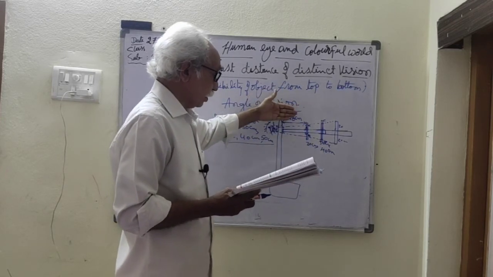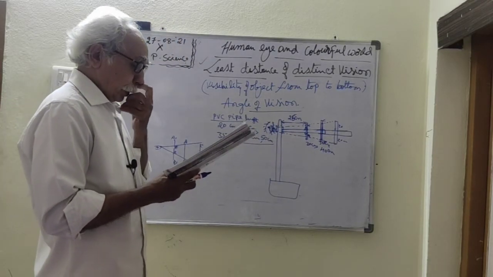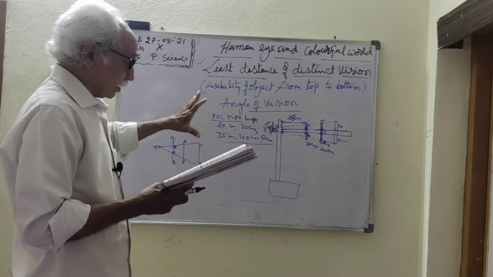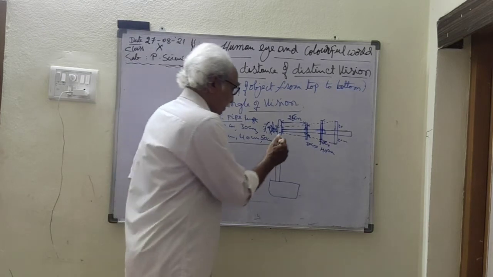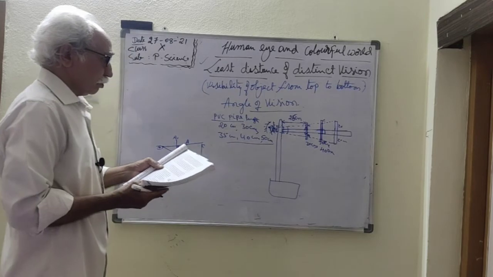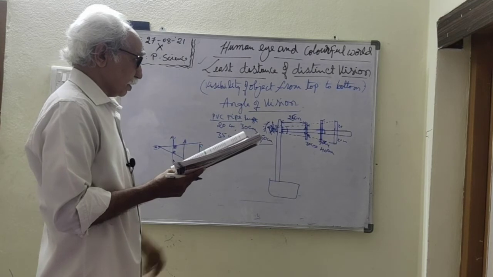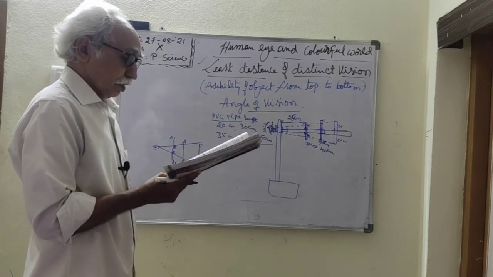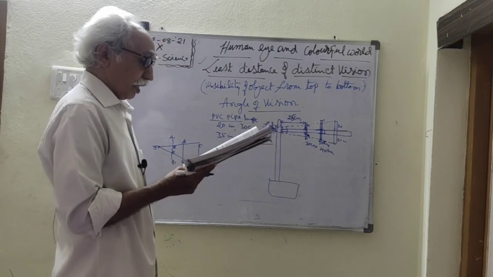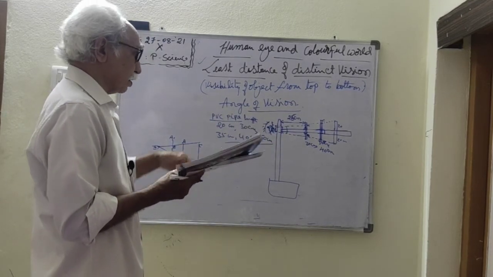If it is more than 60, we are not able to see the complete object. So the maximum here is 60. The maximum angle at which we are able to see the whole object is called the angle of vision. So here this is the angle, the angle between the two rays coming from the top and bottom of the object. Here, at 60 degrees, we are able to see the whole object. So this angle is called the angle of vision. The angle of vision for a healthy human being is 60 degrees. It varies from person to person according to age.